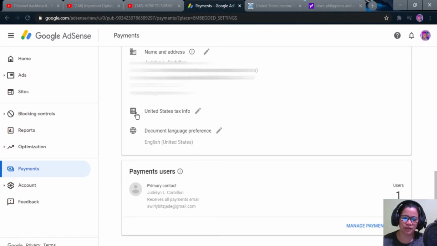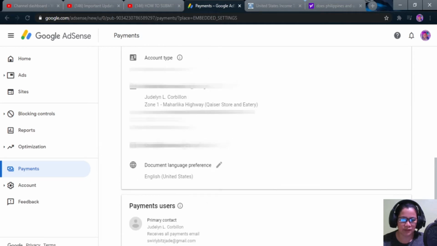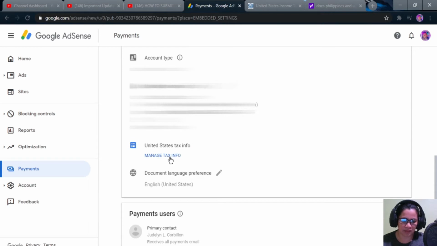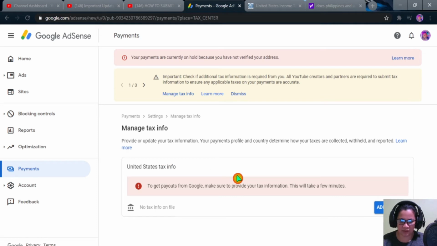and scroll down here, United States tax info. Just click this. It's under this payment profile. So click this and then manage tax info. Okay, so from here it says manage tax info, update your tax information, your payments profile and country, determine how your taxes are collected, withheld and reported. So here just click add tax info,